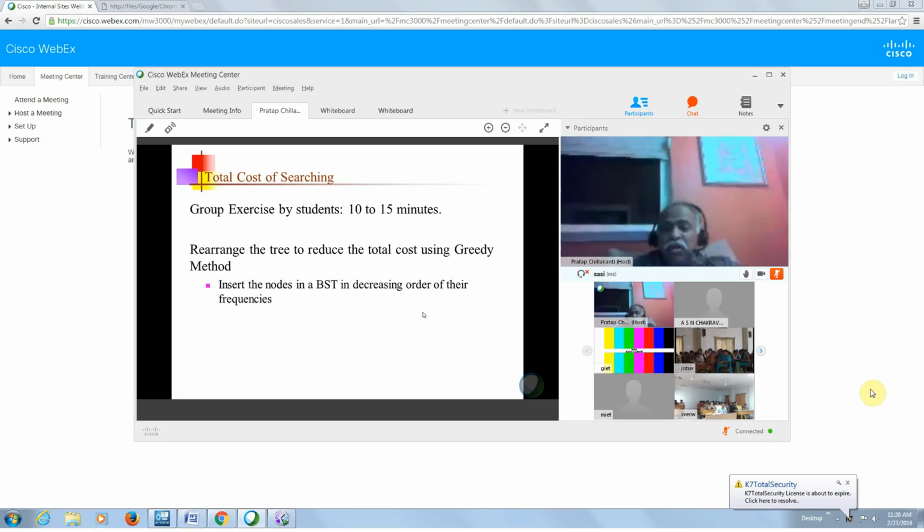Students, open your notepads, paper, pencil, and write down these things, and then I'll put the previous slide back. So I gave you a tree. The cost of that is, I think, whatever the cost is. I did not calculate that. You do all the 1 star, 1 plus all of those things, you will know some number. Okay. Now, if you were to give